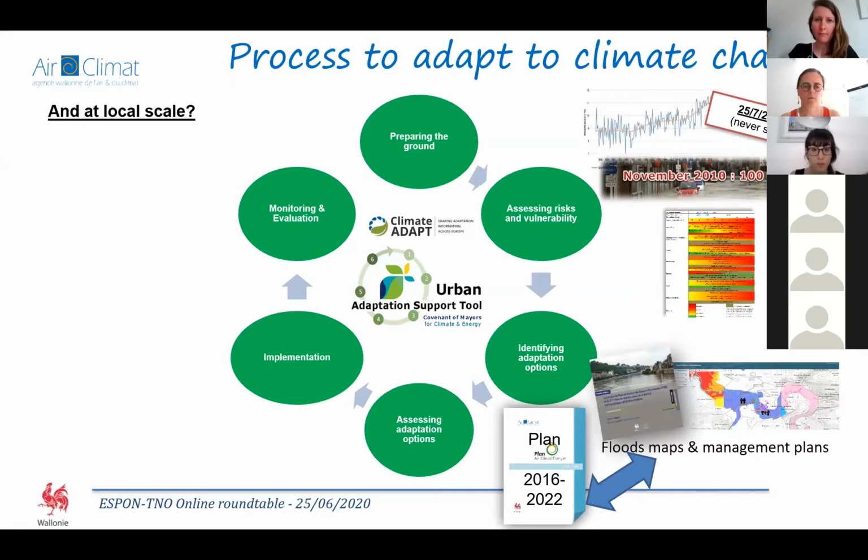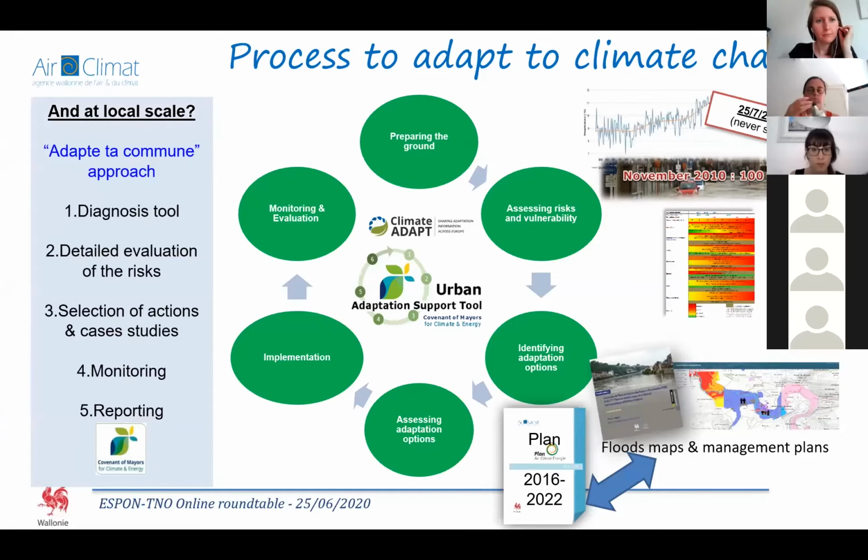The first step is to make a risk and vulnerability assessment, and this is the colored table where we have identified risks and try to assess them in different sectors, and so to give a global view of the global impact of climate change. Then we identify adaptation options, and here for the flood issues,